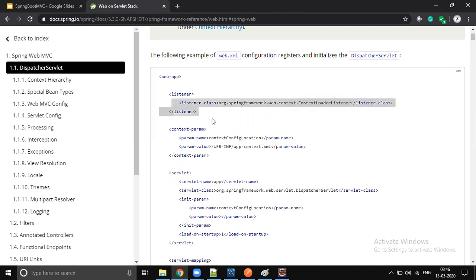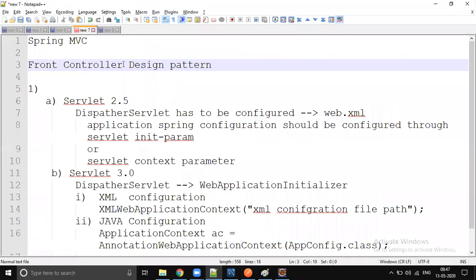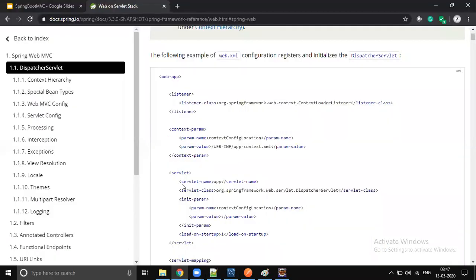In most of the Spring MVC applications, we don't configure two to three servlets. This configuration is for any framework creation, right? If you are working on framework creation, at that time you may configure more than one servlet. But in the microservices architecture, we will not configure more than one servlet. It is going to be only one servlet, that is the dispatcher servlet. Moreover, you need not worry about this configuration also. Spring Boot will automatically take care of that configuration. But anyway, it's a good question.